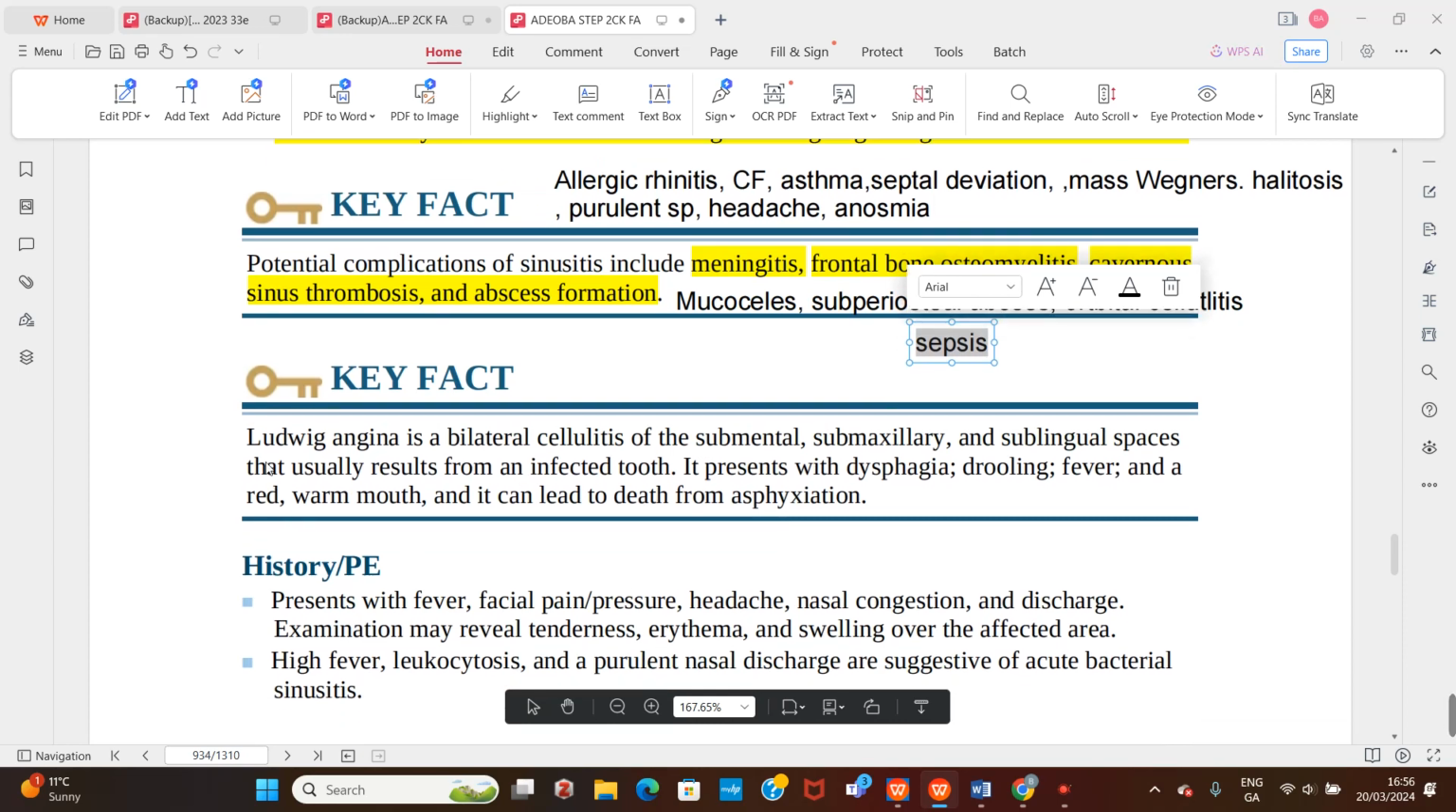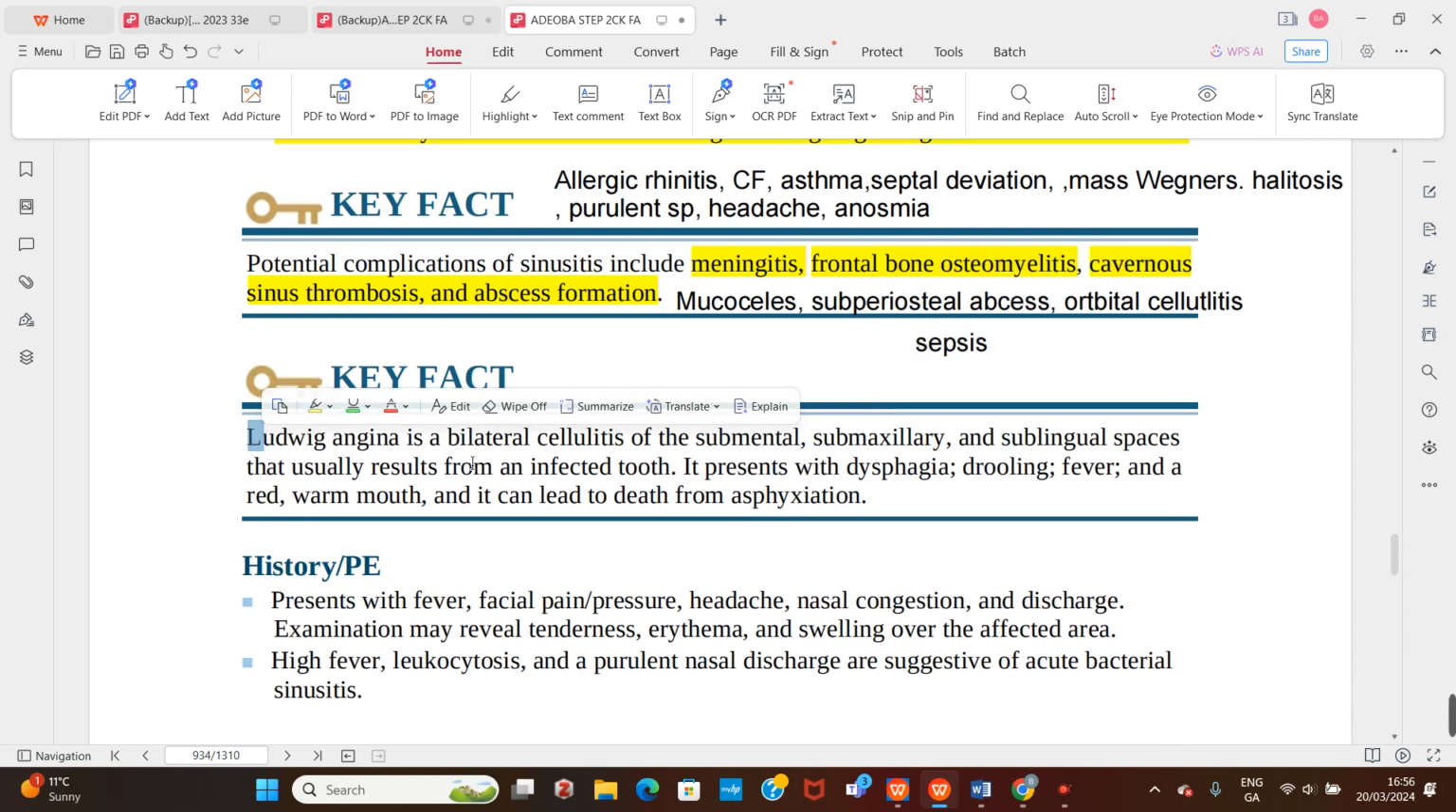So, Ludwig angina, again, key fact is bilateral cellulitis of the submental, submaxillary, sublingual. They did not even mention the submandibular space, which is the most important one, from an infected tooth. Don't forget that. From an infected tooth, it can occur following fracture, can follow oral ulcers, oral malignancy, traumatic injury into the mouth, penetrating, and they are going to present with